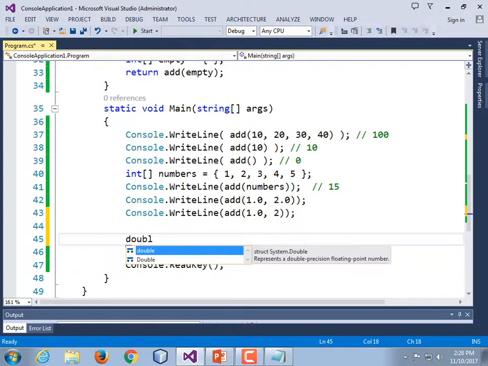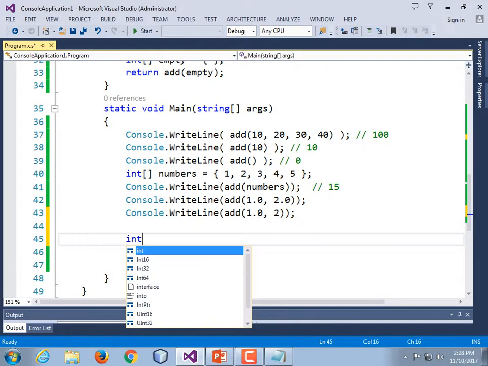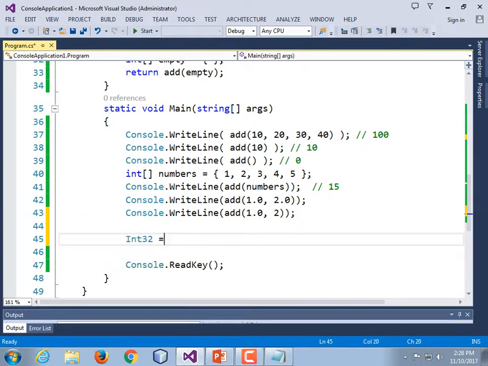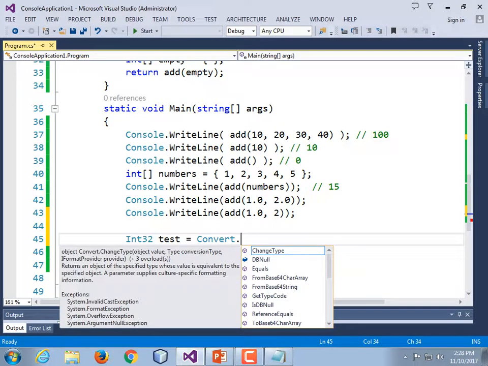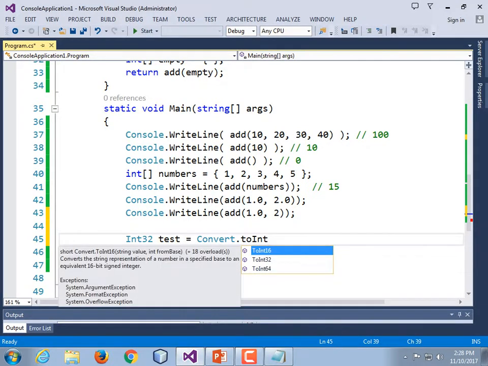So int32 test is equal to Convert.ToInt32